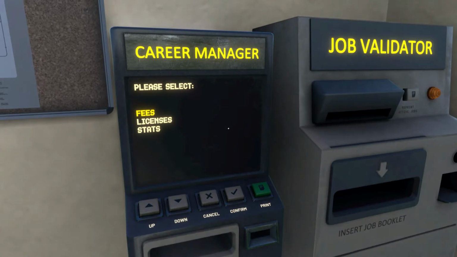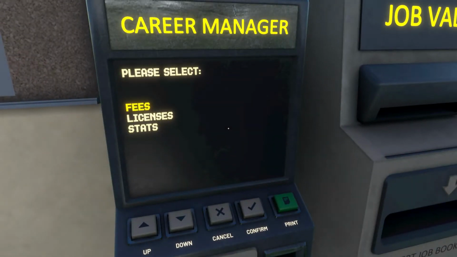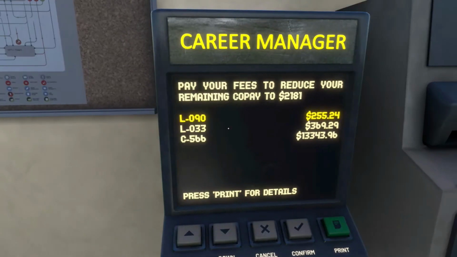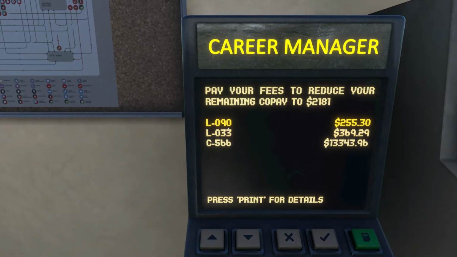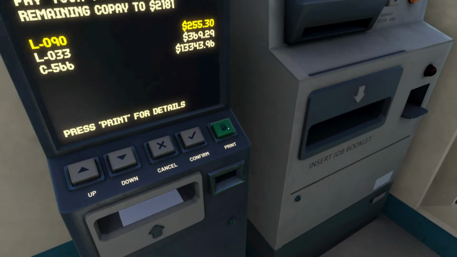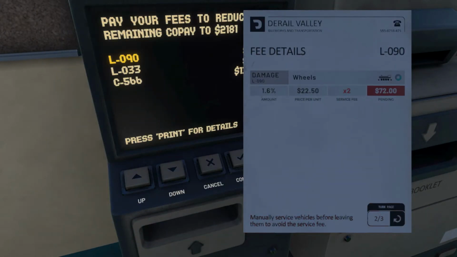I just thought I'd stop by the station office once again just to have a more in-depth look at the fee structure so that you can see what's going on here. So the fees themselves you can check in the career manager. Okay, so there's three items here. The top one is the steam engine, the L033 is the shunter, and then we've got the tender at the bottom. So this is the steam engine, and